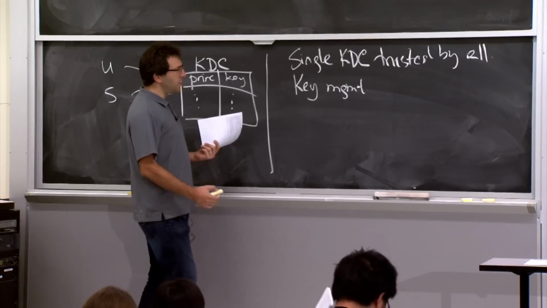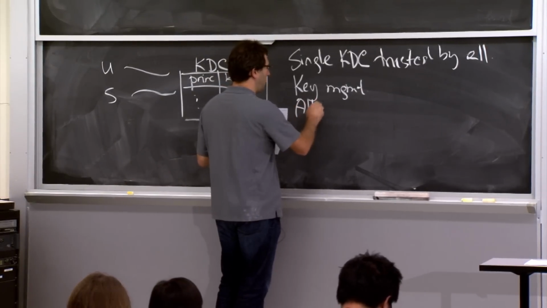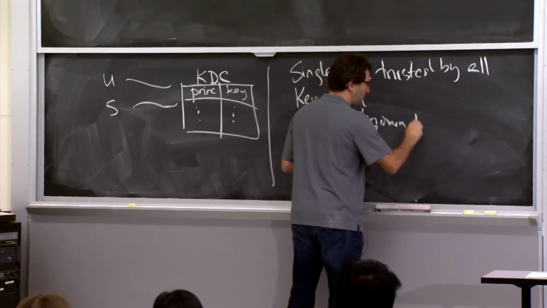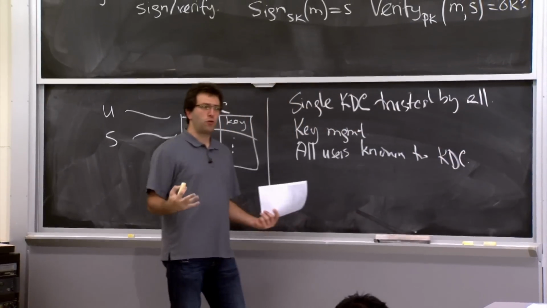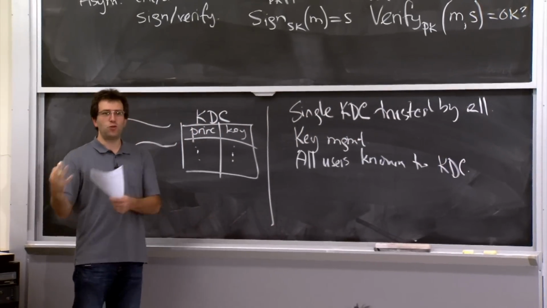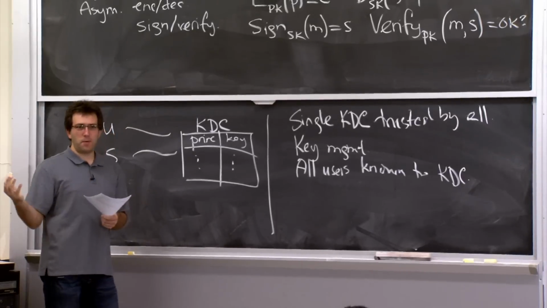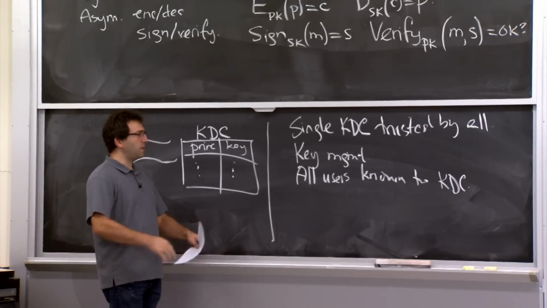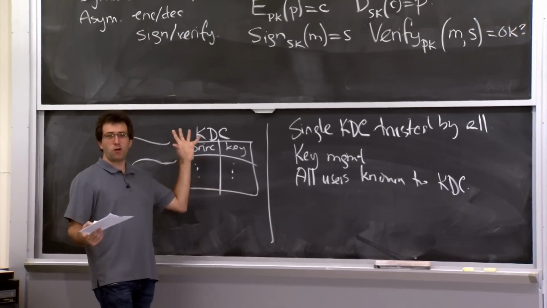It's also the case that another bummer with Kerberos is that all users actually have to have a key, or have to be known to the KDC. So you can't even use Kerberos at MIT to connect to some service unless you yourself have an account in the Kerberos database. Whereas on the web, it's completely reasonable to expect that you walk up to some computer, the computer has no idea who you are, but you can still go to Amazon's website protected with cryptography.